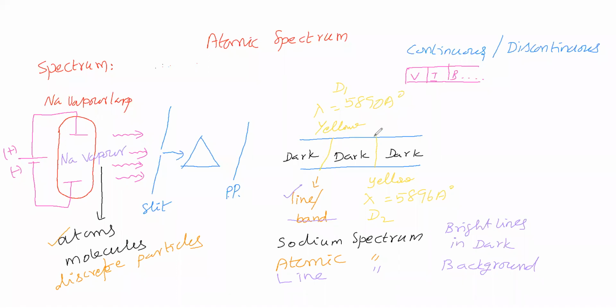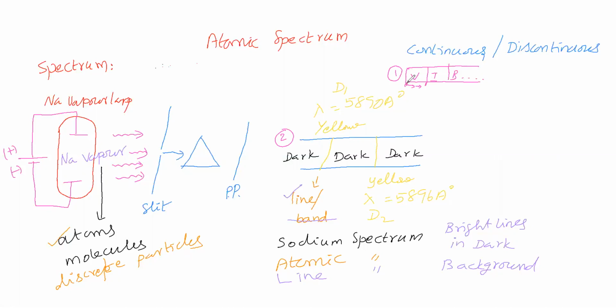Two spectra are given to you. Now you say this VIBGYOR, number one, is it continuous or discontinuous? This sodium spectrum, number two, continuous or discontinuous? You think about it. In VIBGYOR, at this point violet is there. If we go like this, violet intensity decreases. At this point, violet intensity is 0.